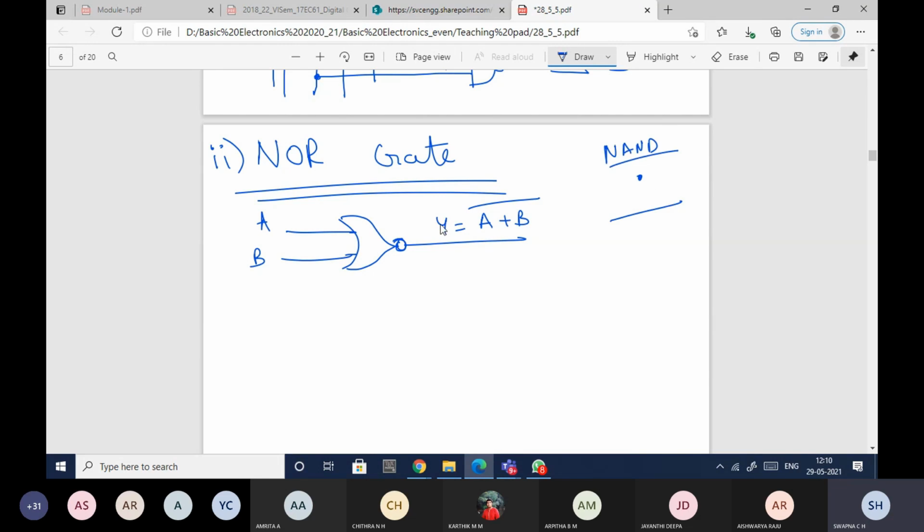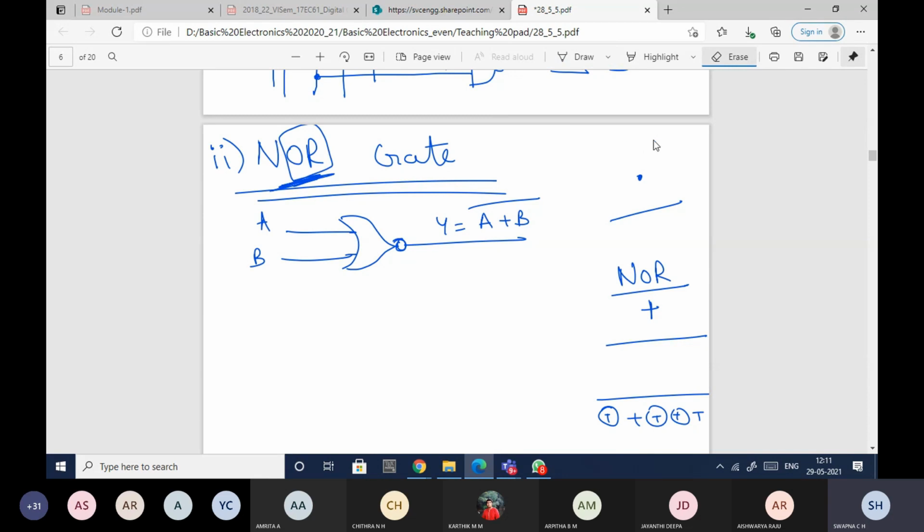Now for NOR gate, you should have only plus in the equation and whole bar. Okay, A plus B whole bar form. So term plus term, this indicates some term plus term whole bar form. It should be in this form. Only when you have term plus term whole bar form, you'll be able to implement it. So for NOR gate, you need to just remember that you should have plus and complement. So that is what your NOR gate. So let us implement other gates using NOR gate.